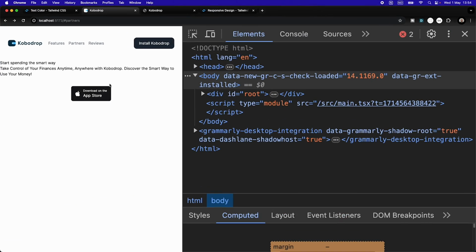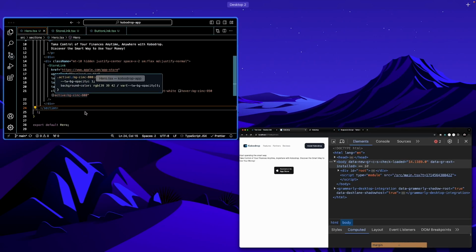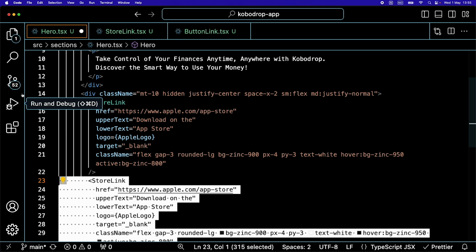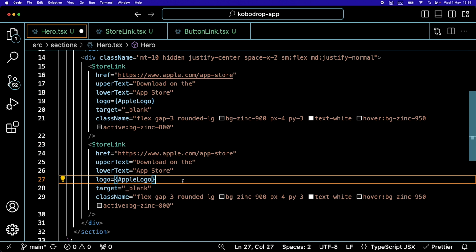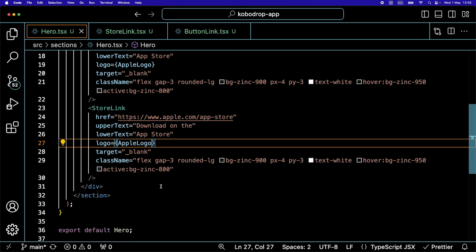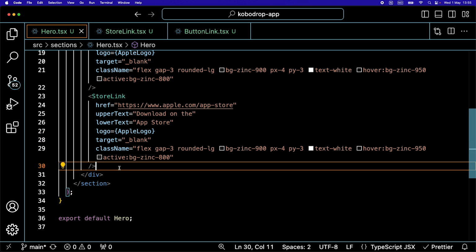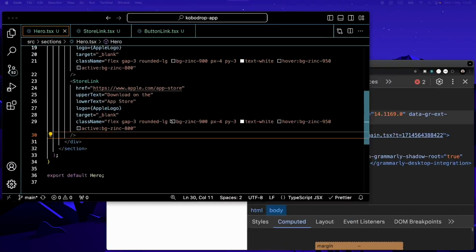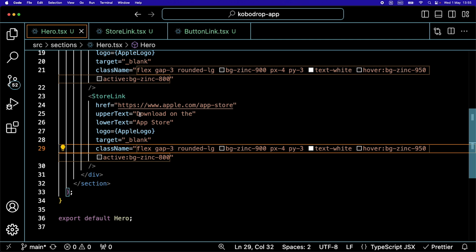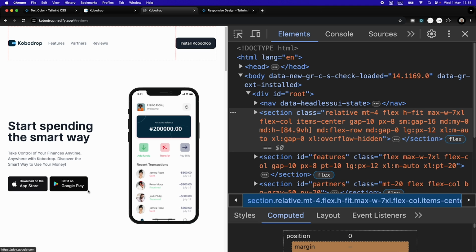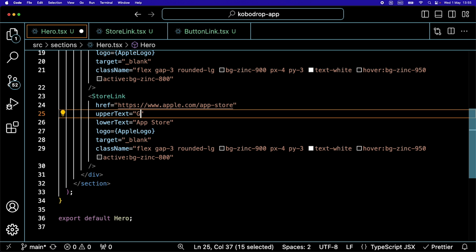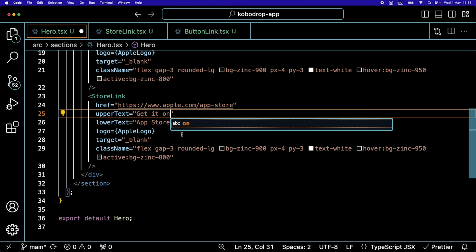So let's check it out. It looks the same. Perfect. Now if we just copy it, if you hold Shift Option down on Mac, I think it's the same on Windows, then you can see that we have two now. And we just need to tweak a couple of the things. So what are we writing for the Google Play? Get it on Google Play. Get it on